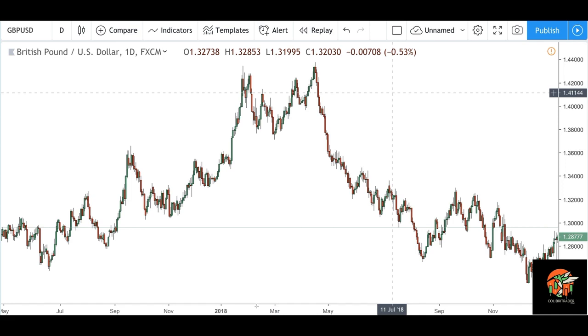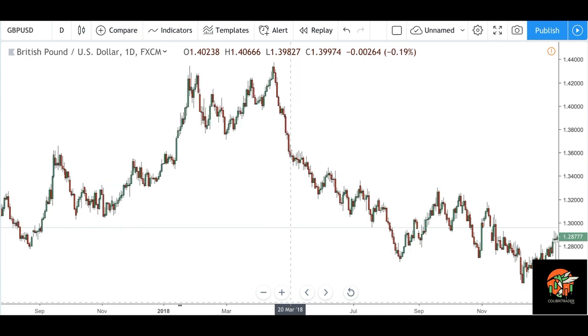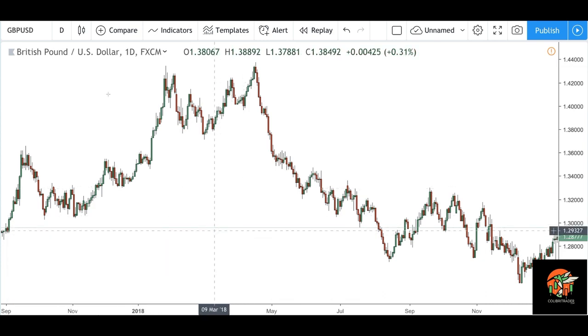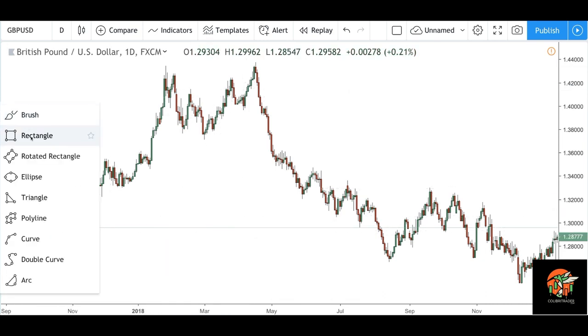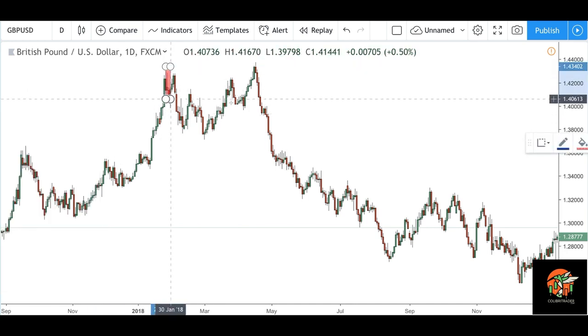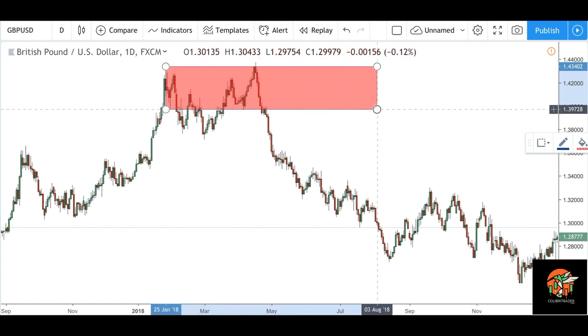So let's take this example of the cable in early 2018, and what particularly I'm looking for. If you concentrate your attention just on top of the chart, you see like a double top pattern here. So the first thing I'm doing is marking the supply zone. You have this big green candle, and then you have the cluster that I've mentioned before, and once you do that,